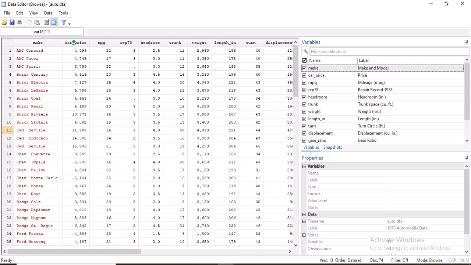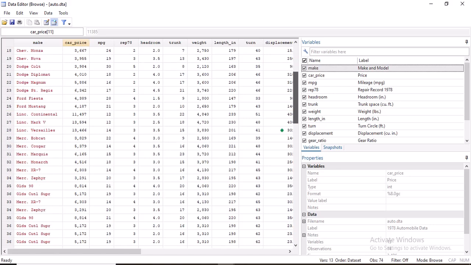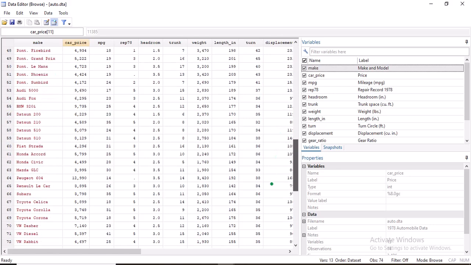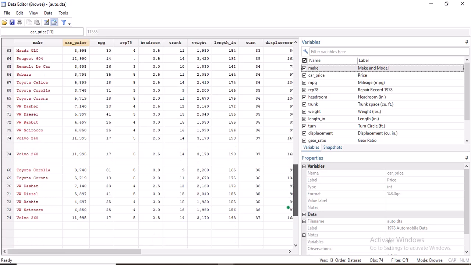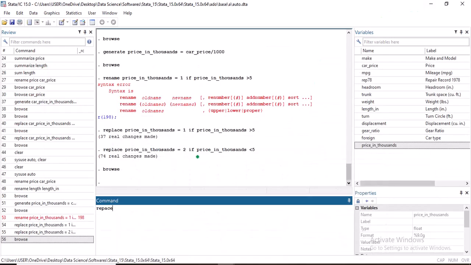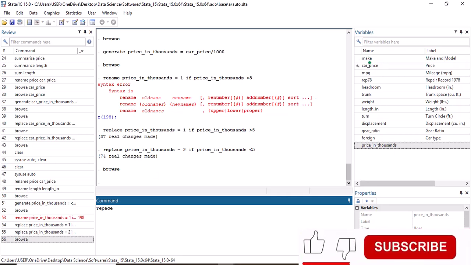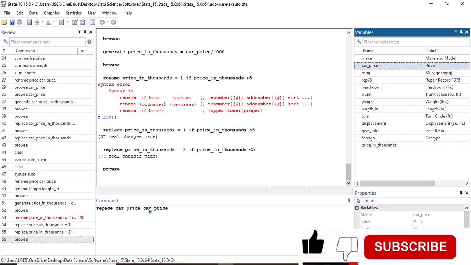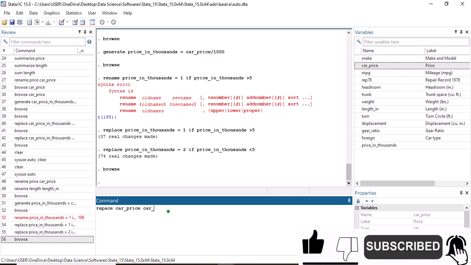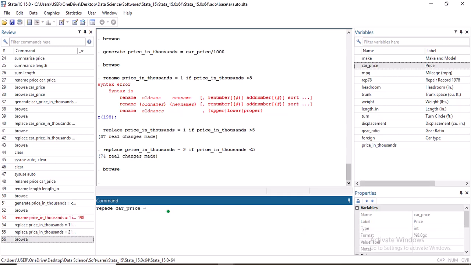You can see this car price is 4,000, others are 11,000, others are 4,000. So we can divide this data into two. So we can say replace car price. So we replace the values of car price equals 1 if this car price